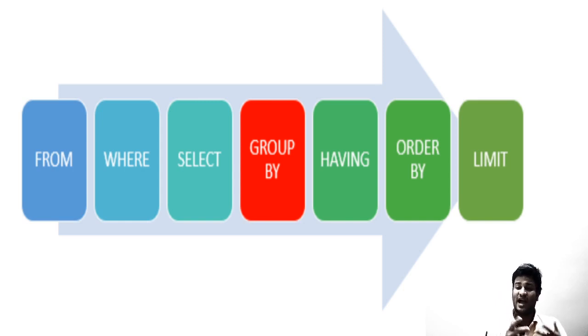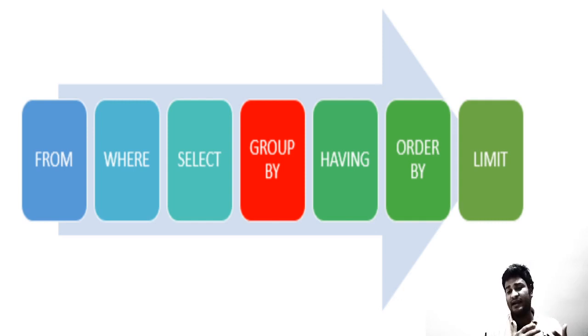If star is there, it will pick up all the columns. If 5 columns have been picked, it will pick up 5 columns for that particular set of records. Then after it will apply the group by statement. Out of those columns where the group by has been applied, and as per the group by and having, it will fetch up the records. So assume that after doing this, we are applying the group by on the status column, and the other column is quantity which we are making a sum out of. Out of these 20 records, now the data set is something like 5 rows left as per the status, and in the other column we just have the sum.